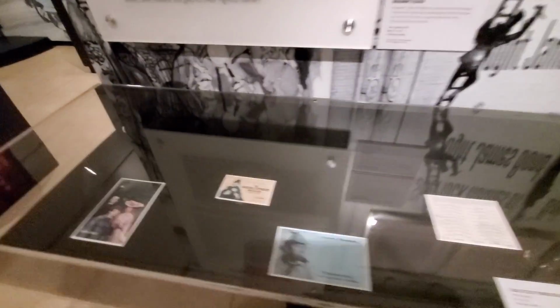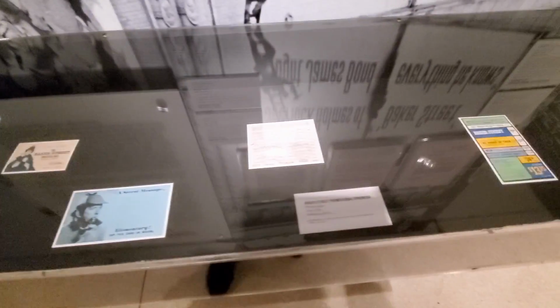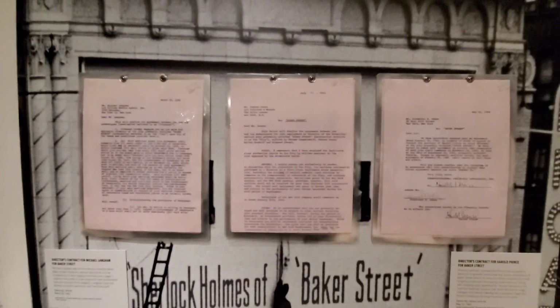This is about Hal's work on Baker Street, a Sherlock Holmes musical that he directed for Alexander Cohen, who produced it. Some material related to the show. And this is kind of fun. The show had 3 different directors, and so we have reproduced the contracts for all 3 of them,